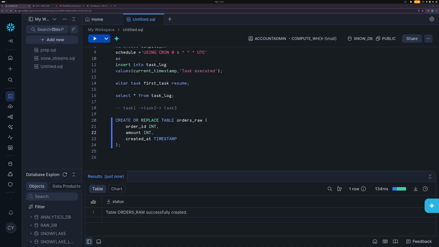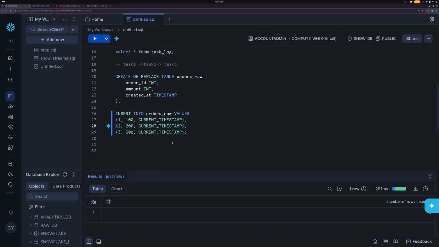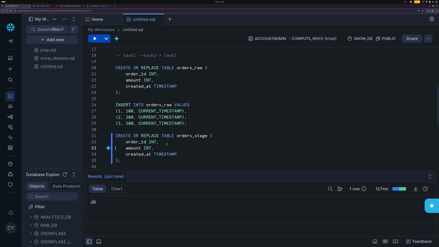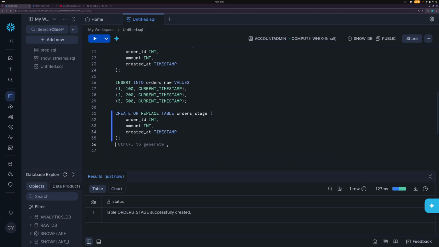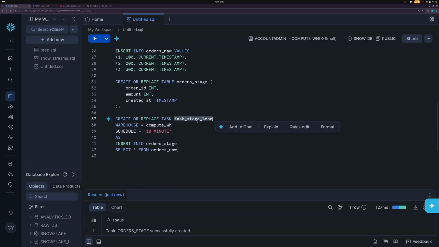Then let's insert some values here. I inserted 3 rows into the orders table. Now let me create one more table called order stage. I will explain these tables to you once I am done creating them. But for now, let me create a task called task stage load, obviously,